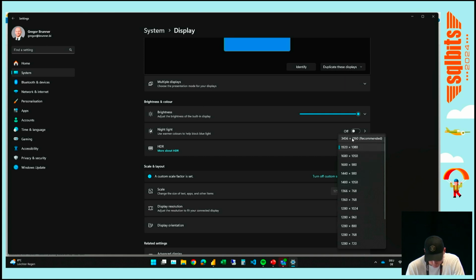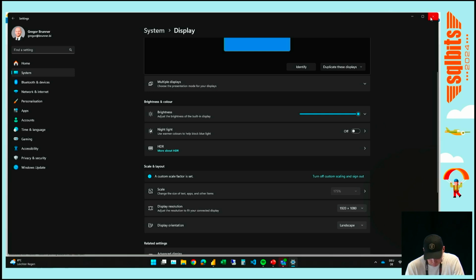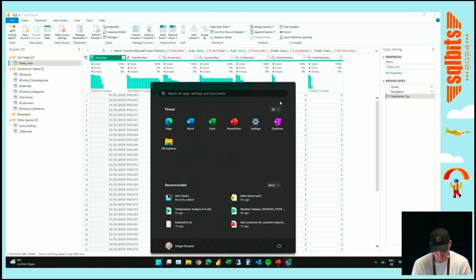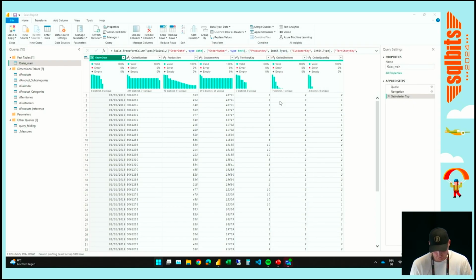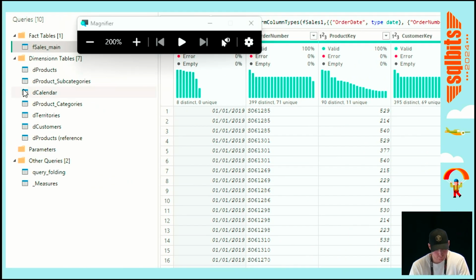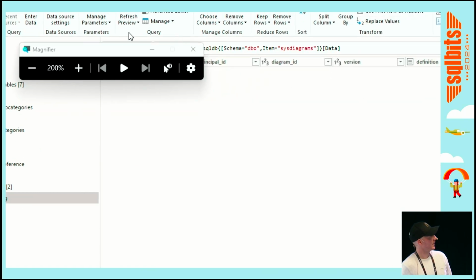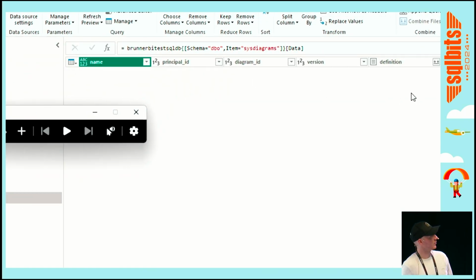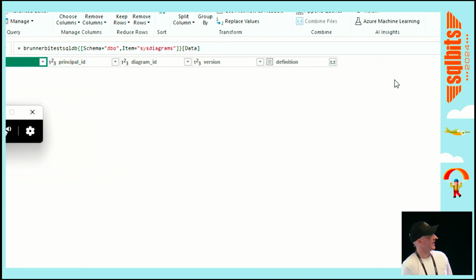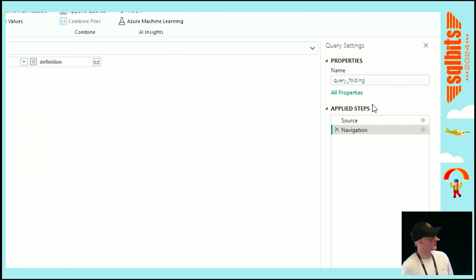This we already tried before and it didn't work, so I guess I can only zoom in maybe. So here I have my queries. Is that better? Okay. Here I have my queries, and some of it just comes in from Power BI data flows, but here I prepared something for query folding. There are not even any rows here, but it doesn't really matter because what it's about is this